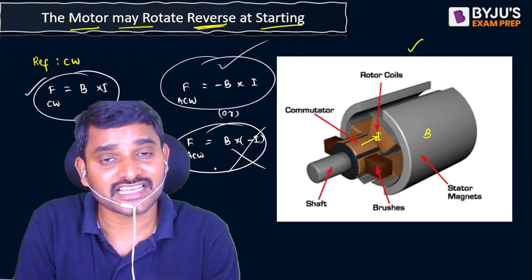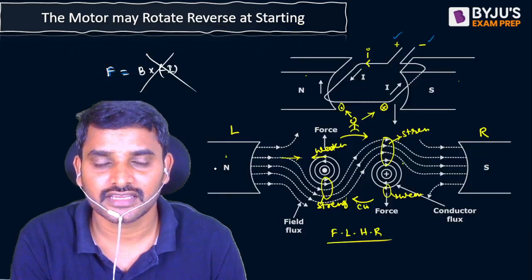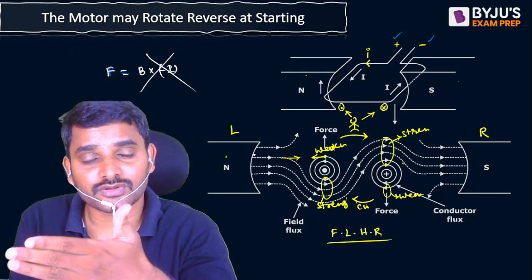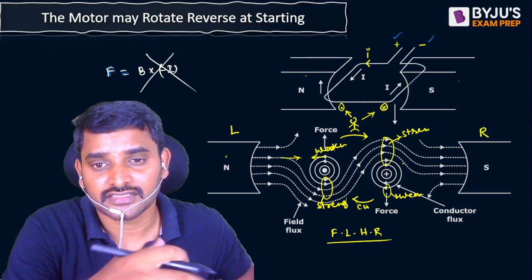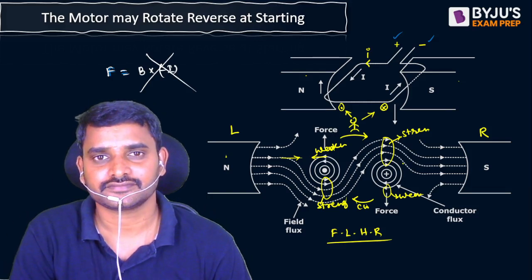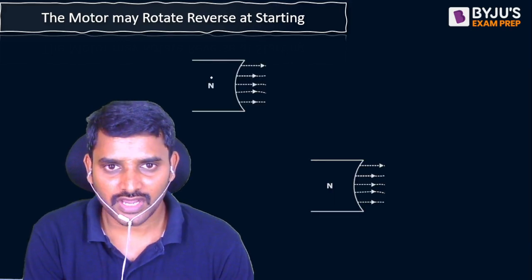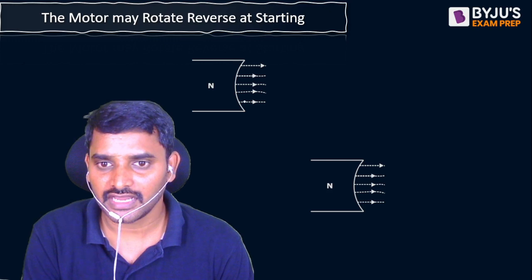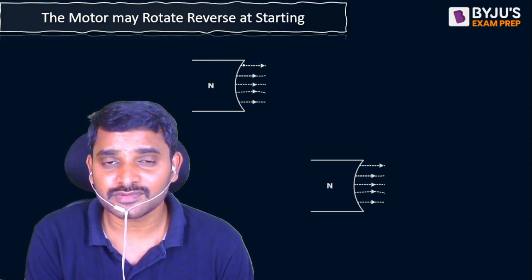The direction of flux establishment might reverse. That is, instead of establishing from left to right, if the flux can establish from right to left, then the force will be in the anti-clockwise direction. Let's see how it is possible. So I have a north pole. I am trying to take. So this is possible only in